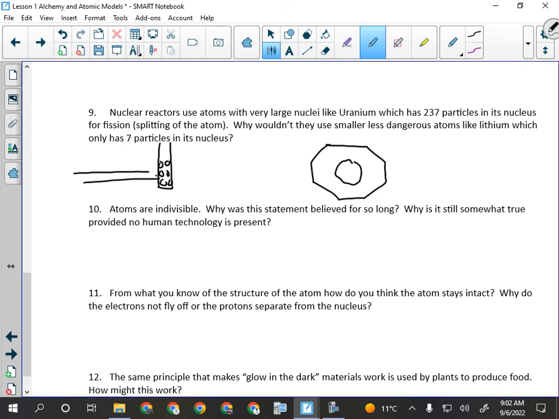And as it starts splitting, the pieces of it fly off and hit other atoms, which start them splitting. That causes a chain reaction that gets out of control really, really fast and causes the big mushroom cloud and destruction and all of that stuff. Okay, so it's actually one small explosion followed by one really big explosion, but they're so close together you never